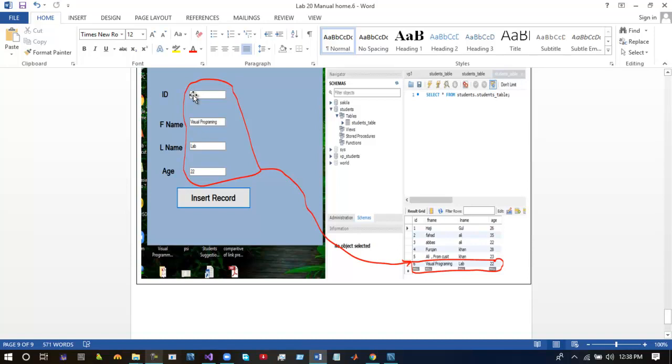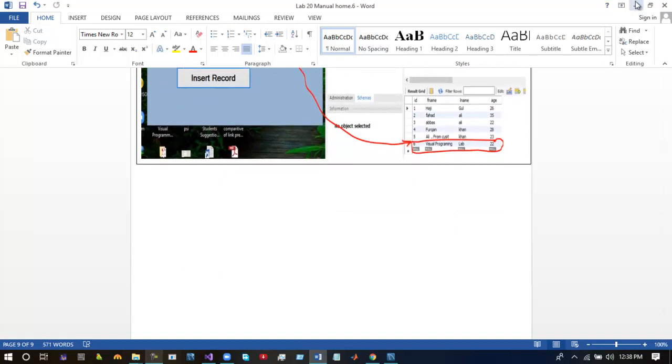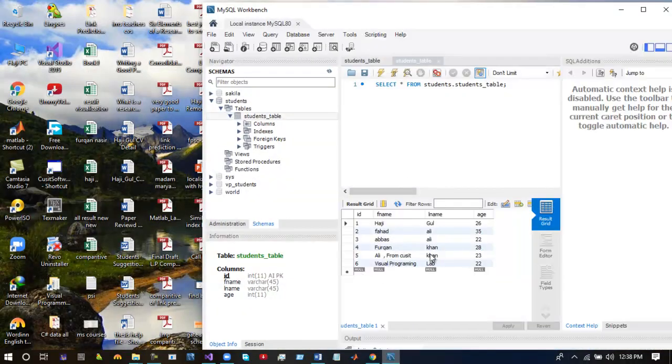ID is number 6, first name is this, last name is lab and age is 22, and press insert record. The data will be moved from here to this table inside the student database. We will also check practically whether it worked properly or not. So this is the student database, and this is the table inside this database.